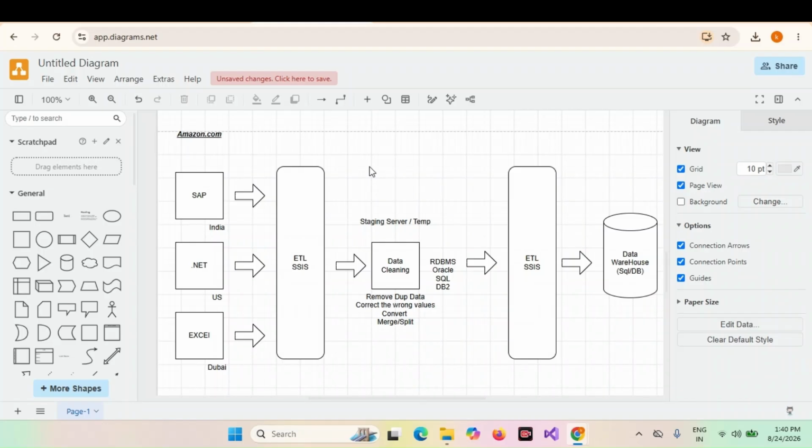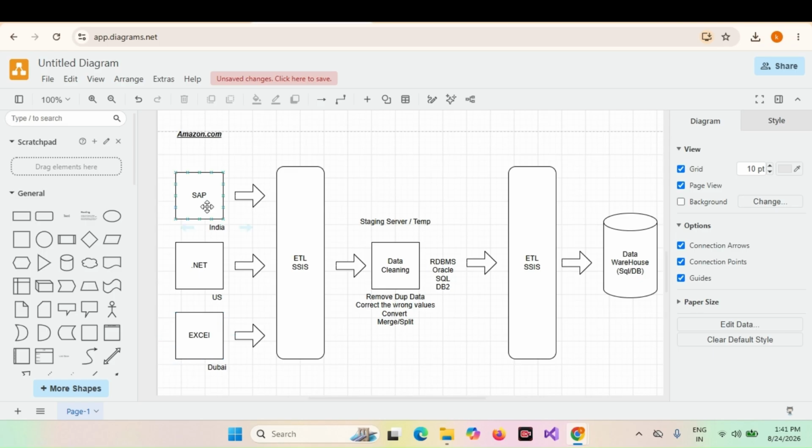I'm explaining the data warehouse interaction again. Please listen carefully. I'm taking the Amazon.com company example. The data comes from SAP, .NET applications, Excel files, SQL databases and other systems. I'm taking these three. This data may be available in different locations.